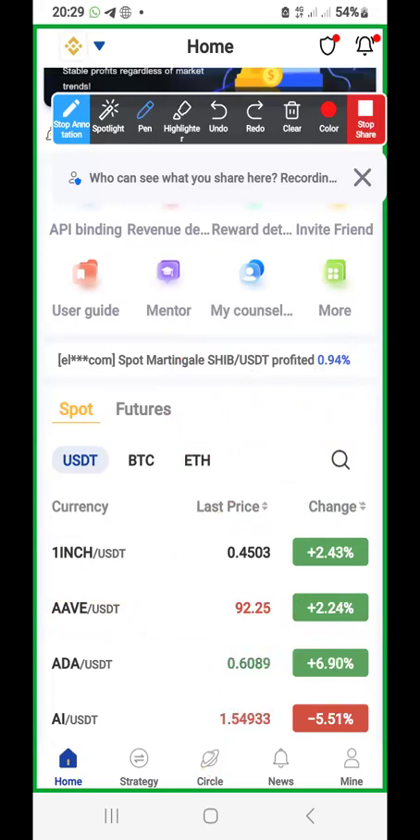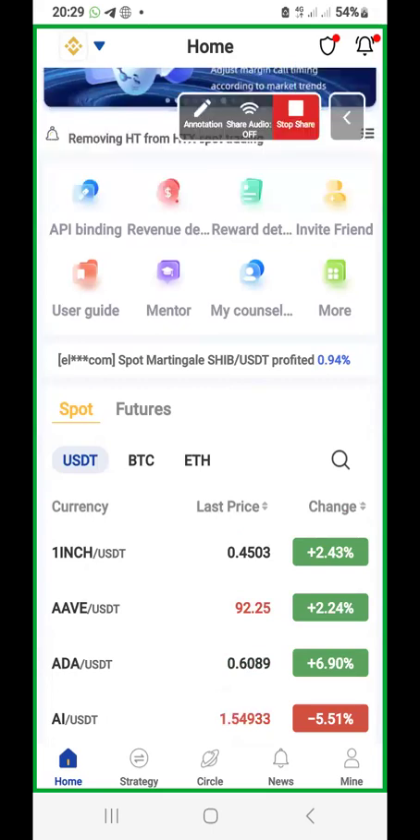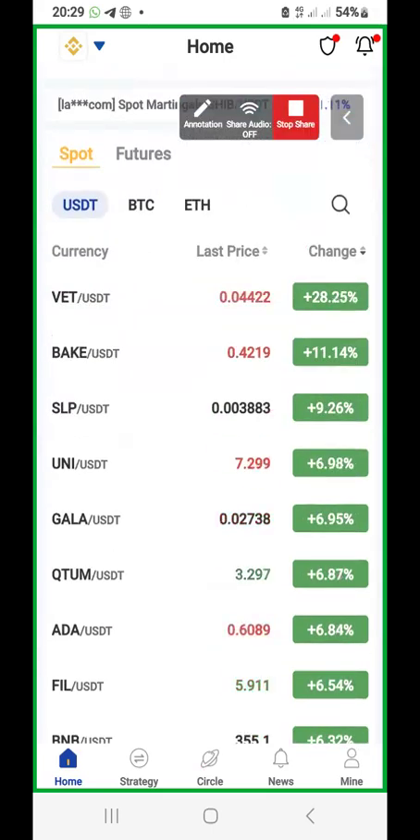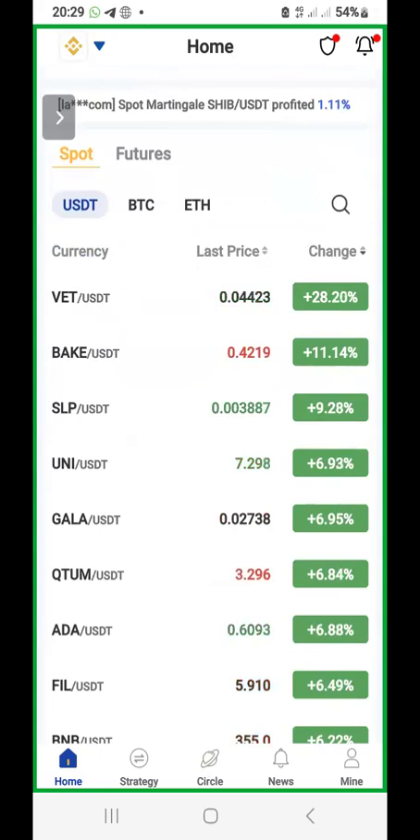Okay, let's see. I tap once. You see? It will arrange for you the coins that are currently on the list of coins trading in Binance, which you can actually trade using royalq. VET is leading the way. VET is the coin which has gained the most in value currently, as per now. You see, it has gained over 28%